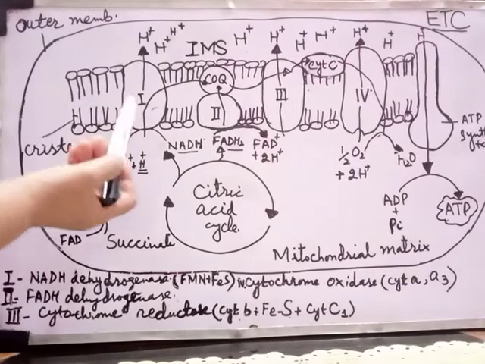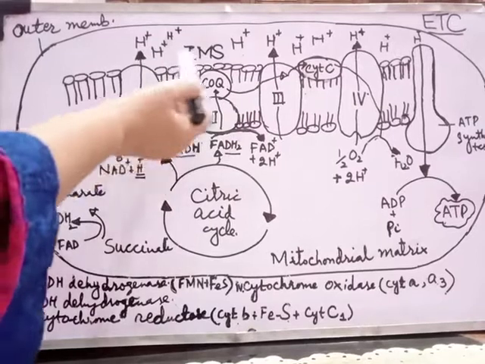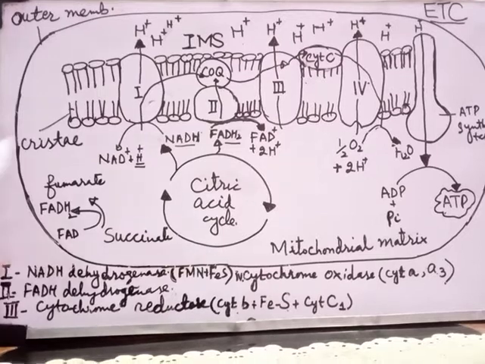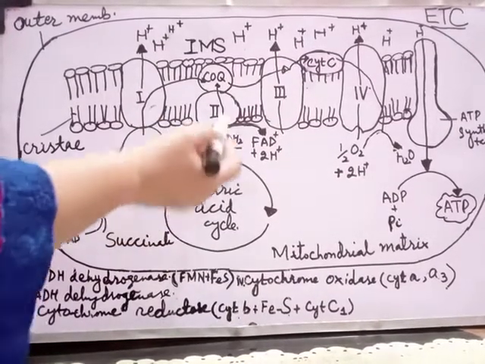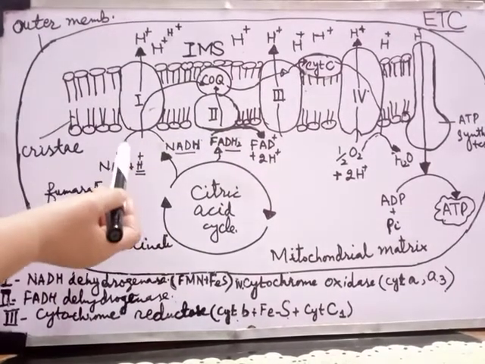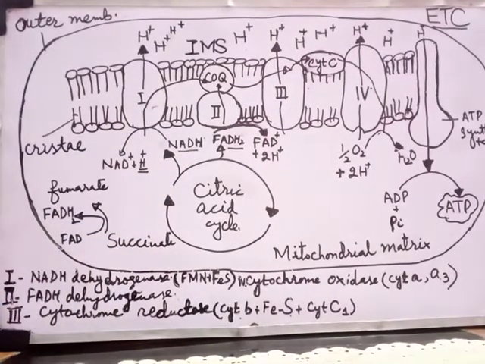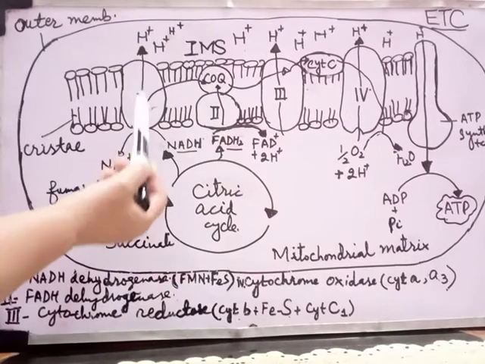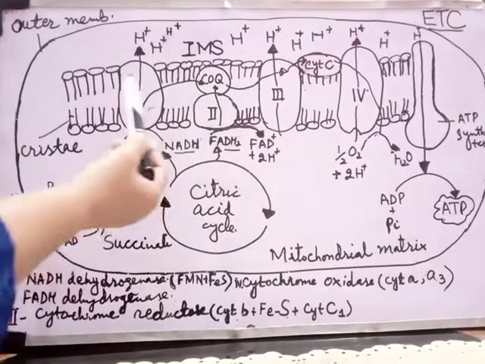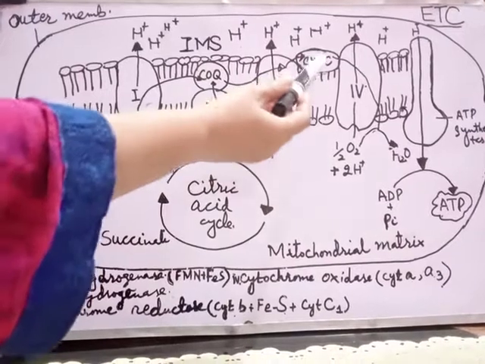Now you can see that at 3 stages, the energy is released by the downhill movement of electrons, from complex 1, 3 and 4, while FADH2 enters the electron transport chain from complex 2, and NADH contributes its electron from complex 1. So by NADH, at 3 steps, 1 ATP worth of energy is released. That's why we say NADH produces 3 ATPs of